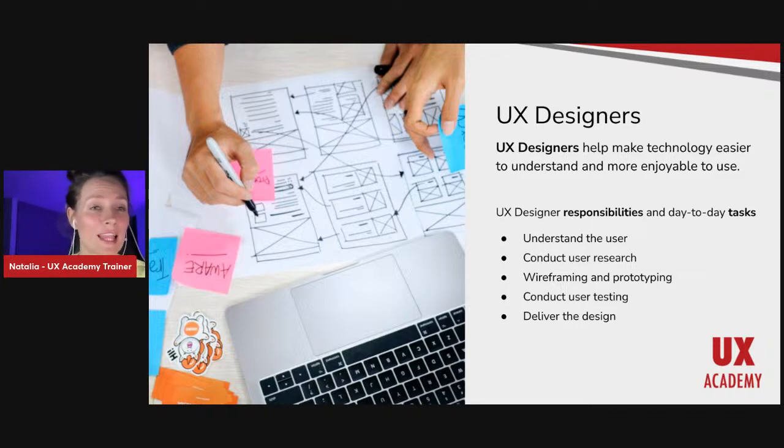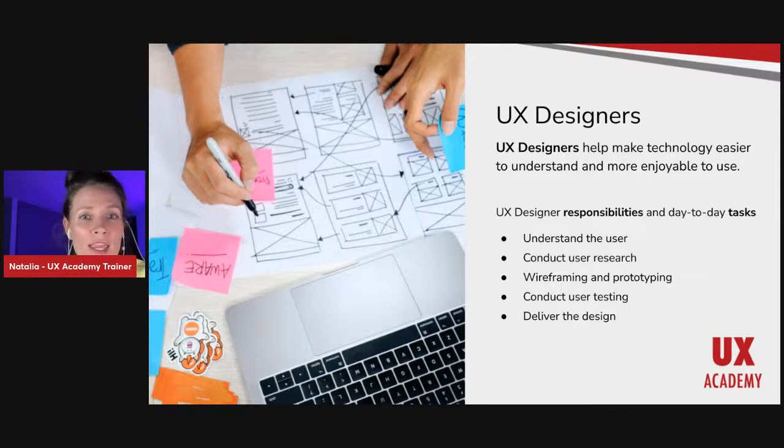Before launching an application or website, we first test if we are in the right direction, if we did good research, if we understood the problem of our users right, if we are framing the right screens and the right position of elements on that screen. So we are just making a prototype that feels like a real product, but really isn't. And then we are testing that. So we conduct user testing. For that, you also need some knowledge to understand how to do it, what kind of questions to ask, how to prepare, how to conduct it, what tools to use.